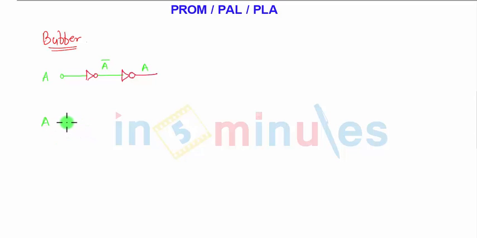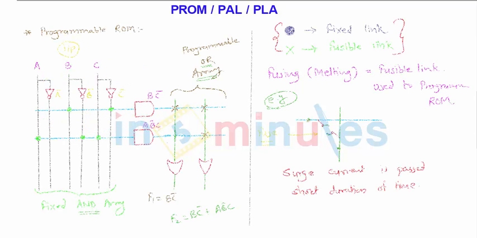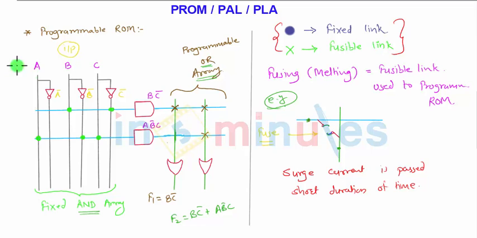When input A is taken, and this is the symbol for the buffer, the slant is there, there is a bubble marking, and two lines are taken out from this, and either of the lines will behave as, this upper line will behave as A and the lower line will behave as A bar. So this is called as buffer. So buffer is also an important part of the logic array, and you can use it here. So what I have here is, suppose input A is there, so I'll take the input directly, I'll make a buffer gate here, and from that buffer gate this line will correspond to A and this line will correspond to A bar. So I can write down here also.